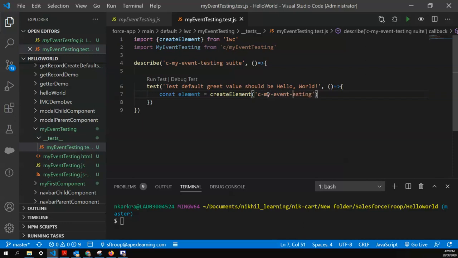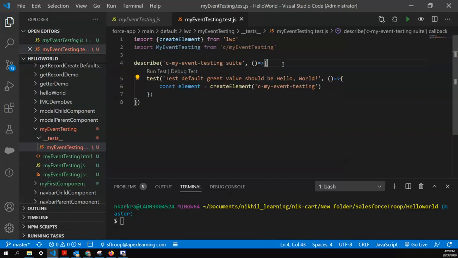So I'll say my event should be c hyphen my hyphen event hyphen testing, the same way you call the component in your parent-child relationship. So it will create the component like this in the JS DOM.